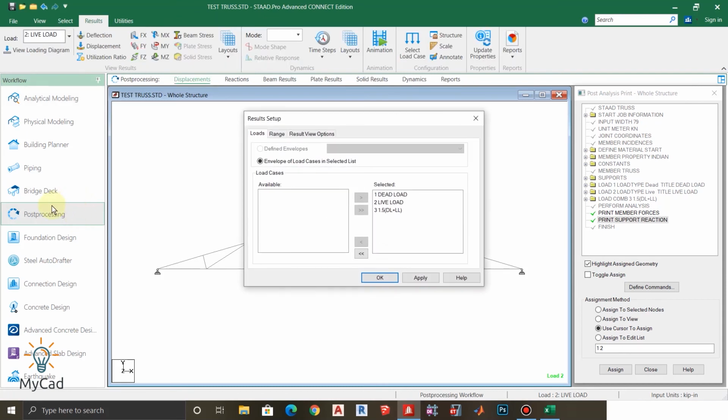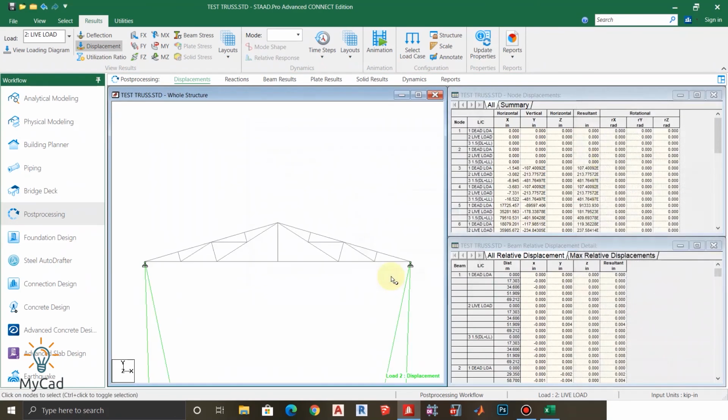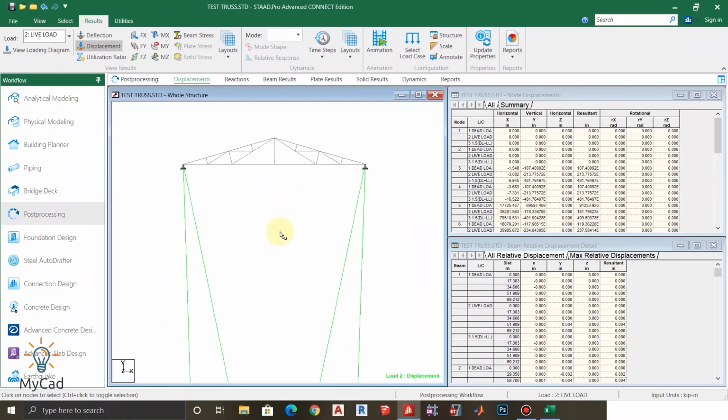After clicking on this post processing mode, this window will appear, and if you don't have all the selected load cases in the right box, just click on this double arrow, then these load cases will be available in the right side box. Now click on apply and OK, and you can see the deflected shape.